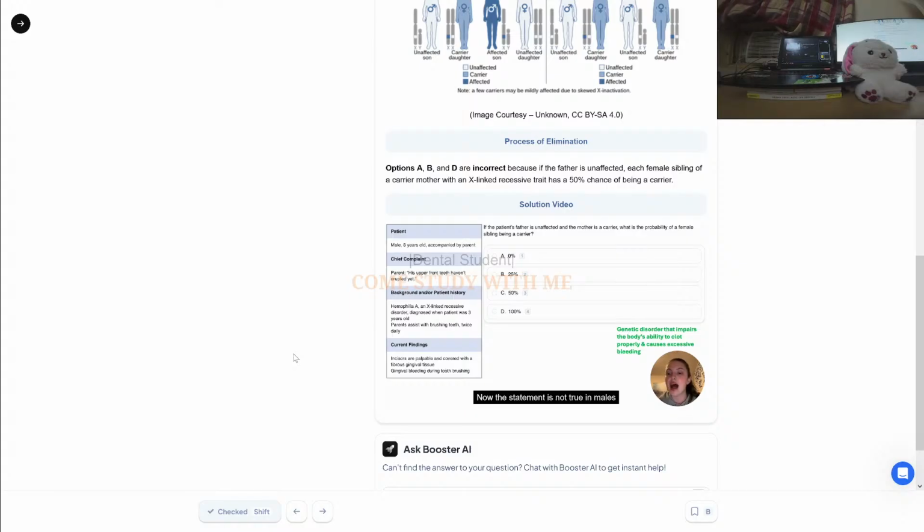Now this statement is not true in males because they only have 1 X chromosome. So because they could only inherit 1, they will always be affected with the condition if they receive just 1 mutated X chromosome from a parent. This means that X-linked recessive conditions like hemophilia A are much more common in